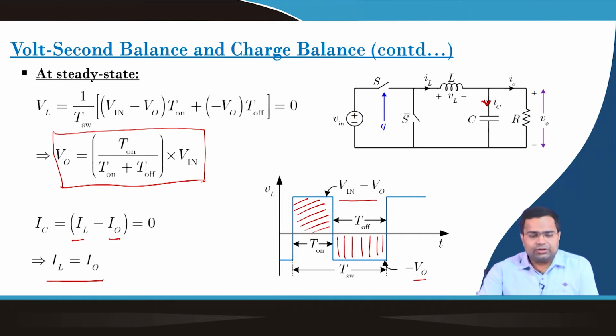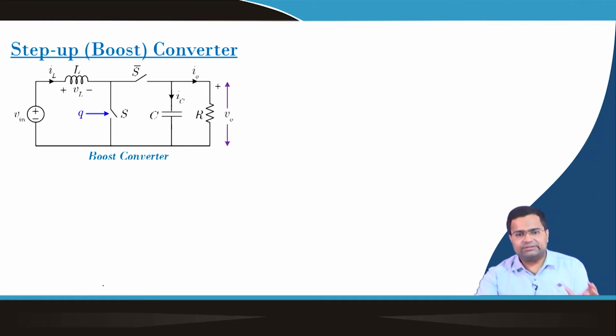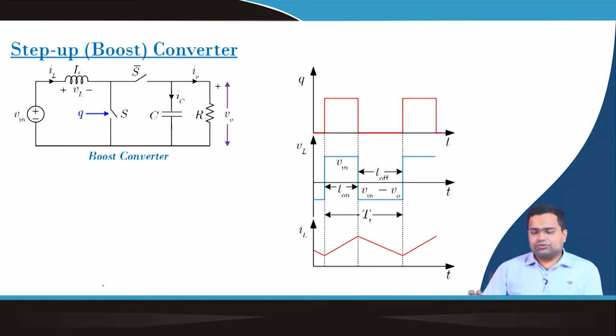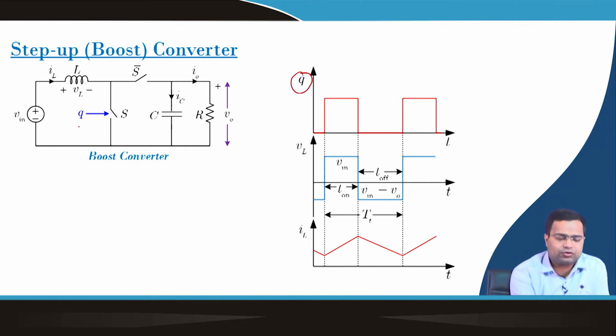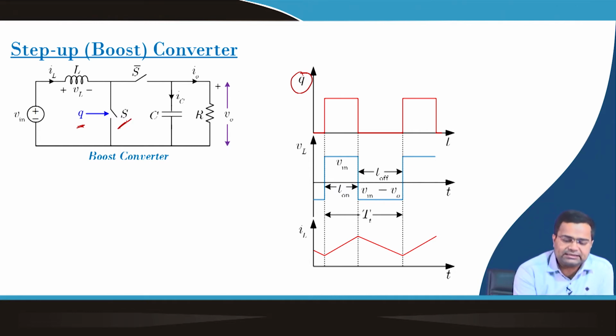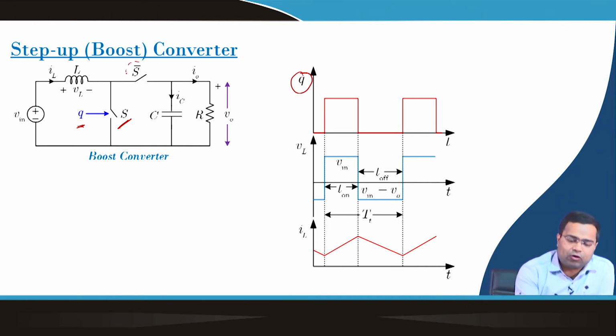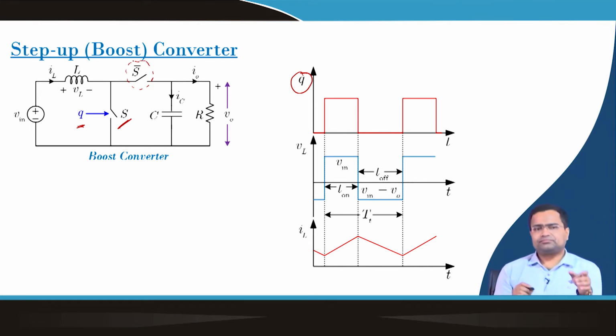Alright. So, now what happens for the boost converter? Again, these are well known facts, but we just want to revisit once. So, here also you can draw the waveform of this boost converter, where this Q is my gate signal, that is the controllable switch for this S. Now, in this case, this is our controllable switch, and this is a low side switch, and S bar is a complementary switch, high side.